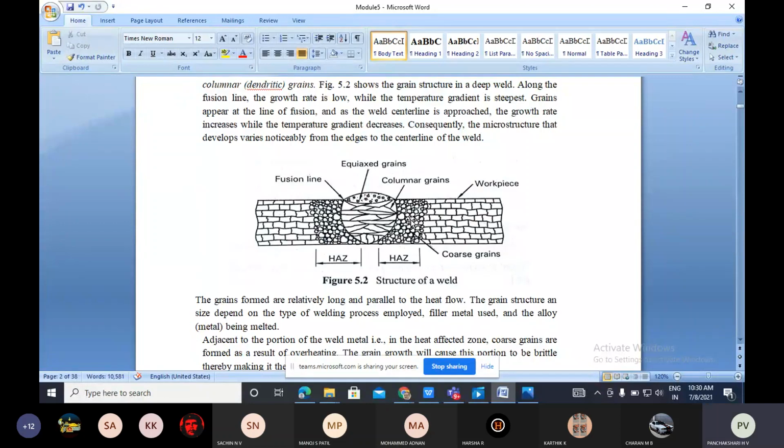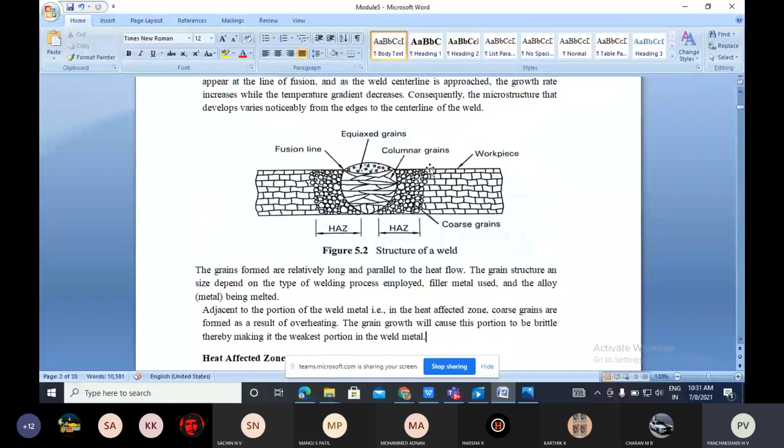Surrounding the columnar grain, the larger grains are produced. They are called the coarse grain, because a severe amount of heat affects this area, and because of that, larger grains are produced. Next to this, finer grains, because the heat is less in this region. Less amount of heat is available in this next area, so smaller grains are produced. Beyond this, not affected. All these things are explained in this heat affected zone. The same thing is written here in this paragraph. I'm not going to explain all those things, I just explained them now.